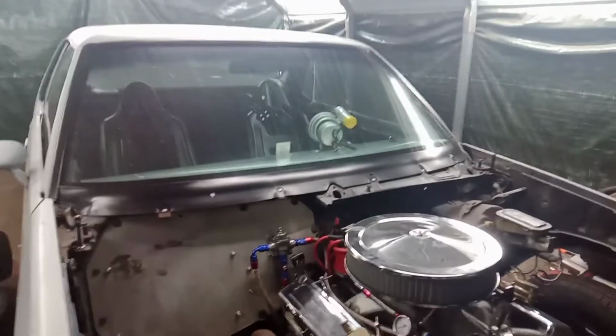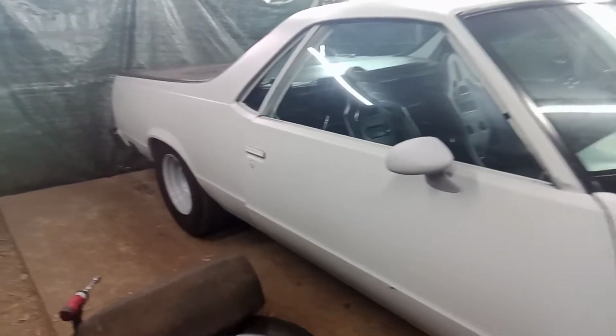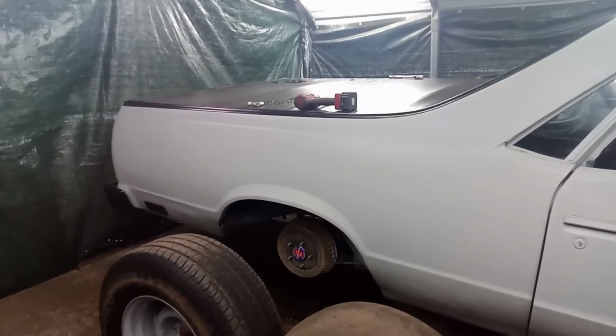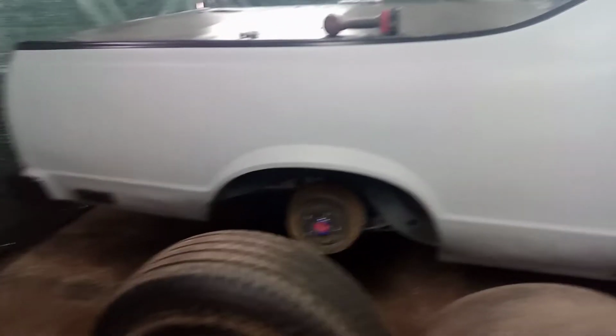But yeah, anyway, let's go and get these wheels swapped out. I want to see how it sits. Alright, so I forgot that once I put these Moroso springs on the back, it lowered my car down. So I had to jack the car up more just to get my tire out. It got stuck in the wheel well. But anyway,